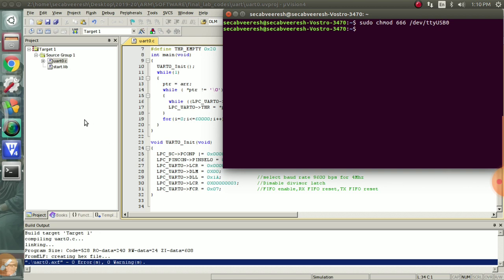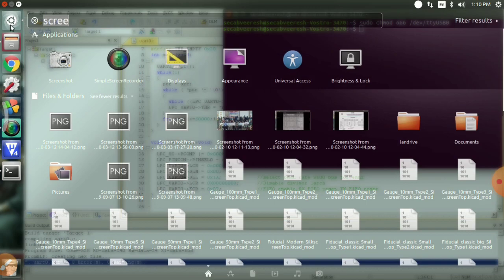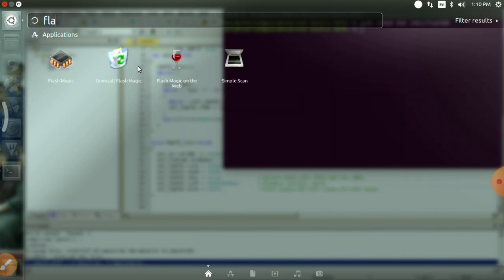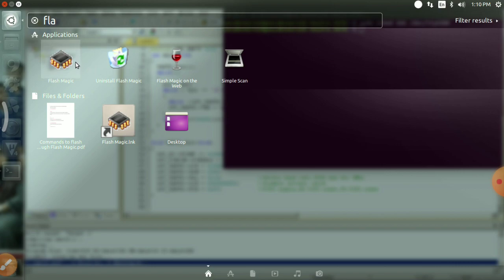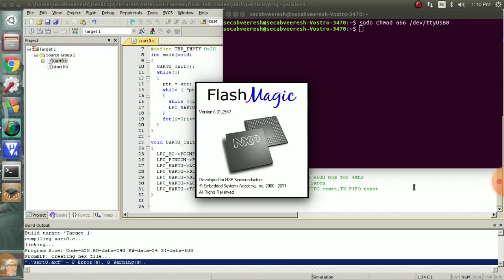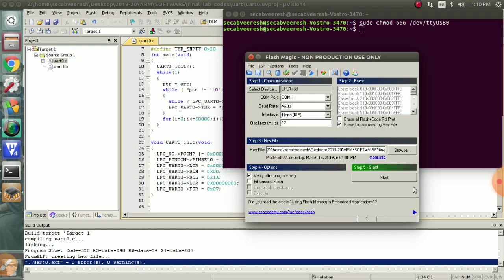Now go to the Flash Magic software. Here in step 1, the device is LPC1768, COM port is 1, 9600 is the baud rate, interface none, oscillator is 12.